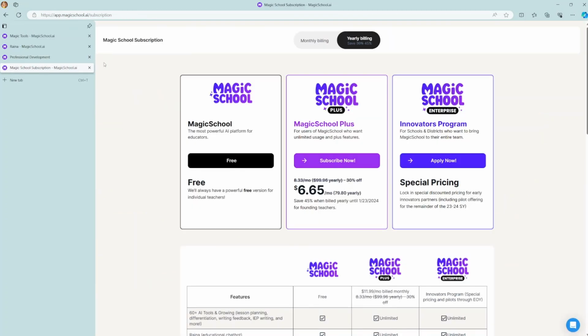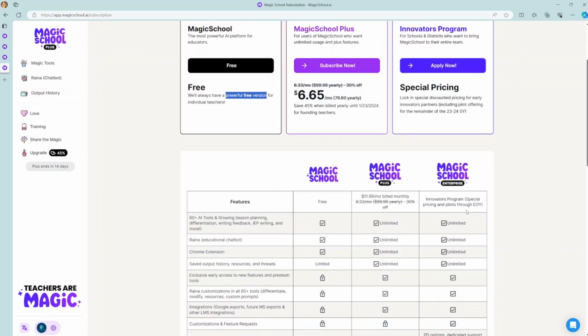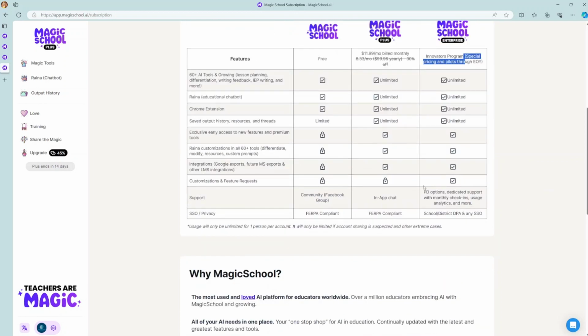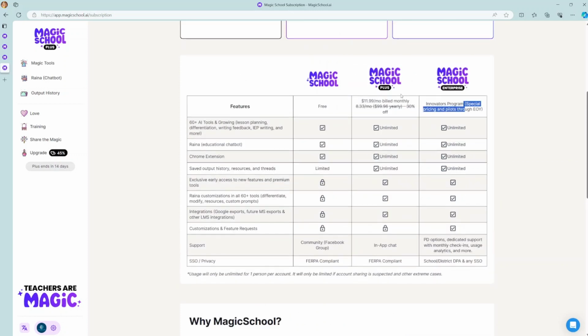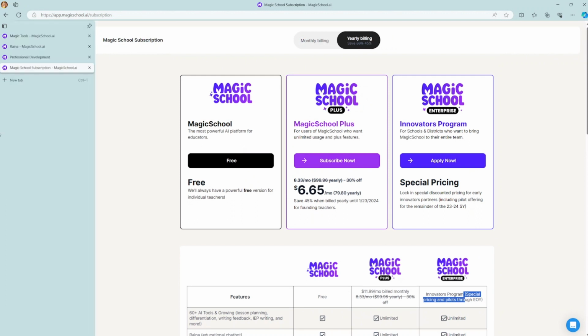Now, let me also show you what are the subscriptions that you have. And I'm using a free version of it, and it's definitely powerful, right? They do mean it when they say powerful free version. Everything that I demoed to you, you can access it in the free version with no limitation at all. Now, at a school level, they do provide special pricing. So you can see that they have a discount and there are special features that are available for an enterprise versus a plus versus a free. Right? So these are the subscription options that you have for Magic School AI.